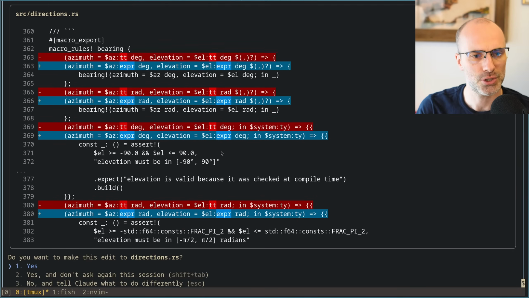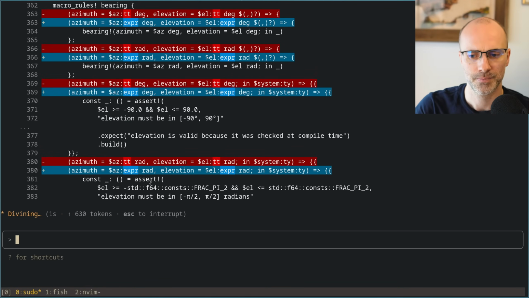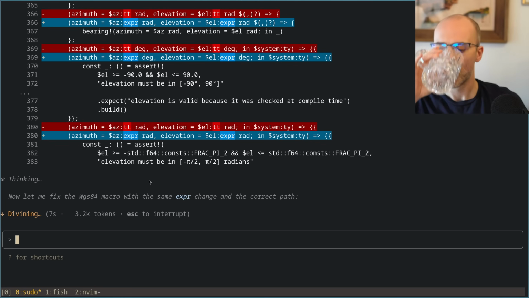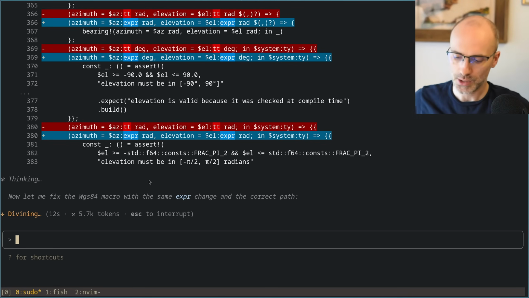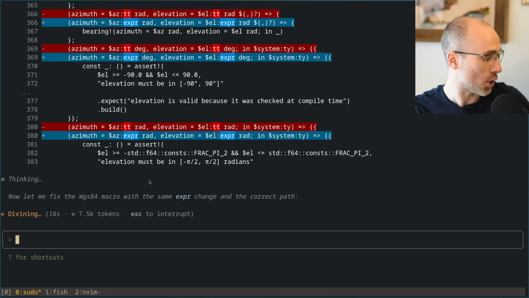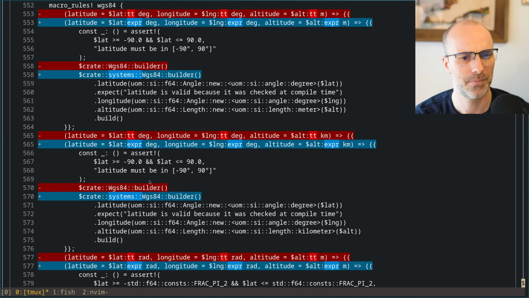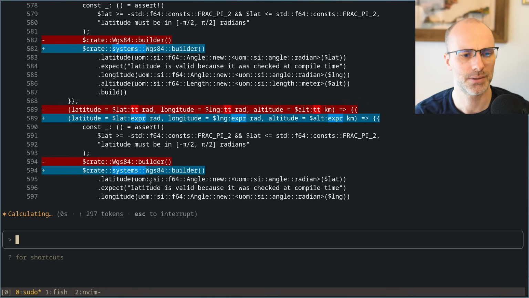So those need to be expressions so that they can be an arbitrary expression. If these are runtime expressions, then the const assert down here will fail. So that's fine. Get the test coded first. Yeah, I could have made it do the test first, I suppose, and then just asked it to do this using its own tests rather than prompting me a bunch. Create systems builder. That's fine.